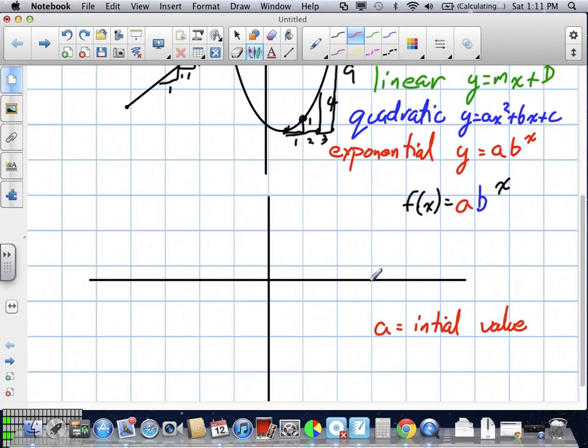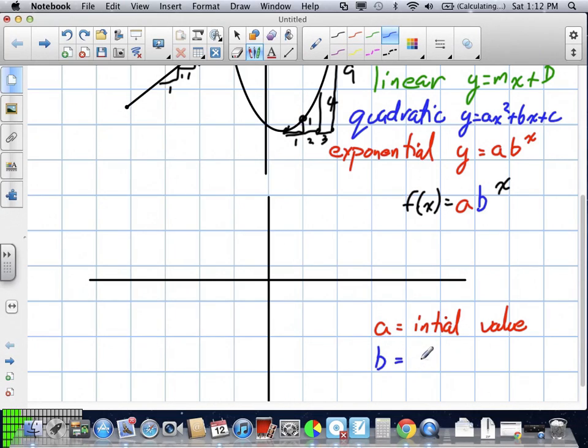When matter decays, say there's something that weighs 500 pounds, that's its initial weight, and every year it loses half of its weight. It's a decay rate. So we'd start at 500, that would be A, our initial value, and then it gets cut in half, goes to 250, then cut in half again, 125, okay? B,